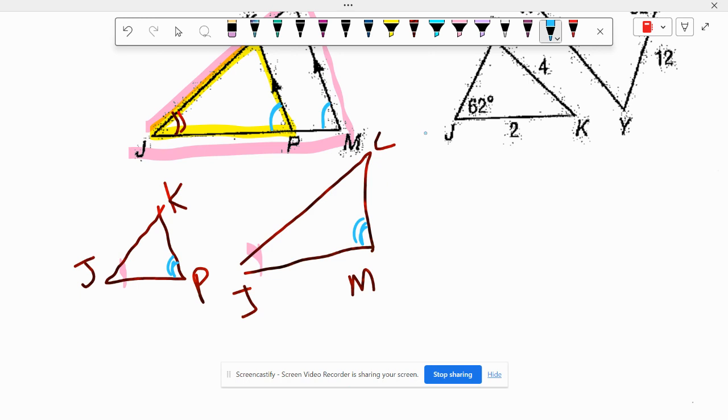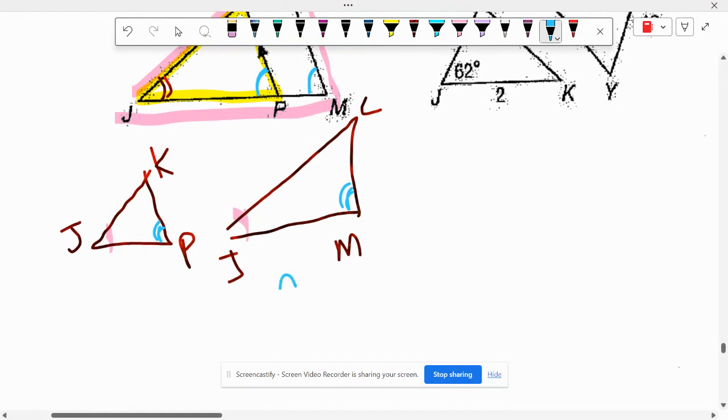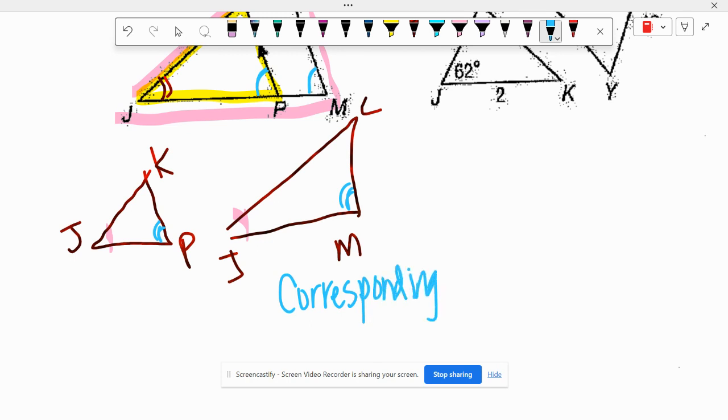What are those called? You guys remember corresponding? They're corresponding angles. And we know that corresponding angles are congruent. So triangle